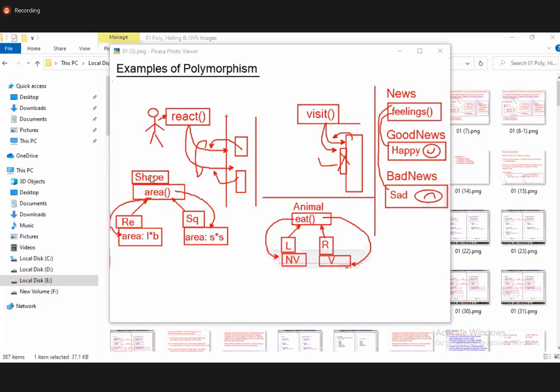Shape, method area, have different implementations. Providing different implementations to this method is nothing but what? Polymorphism. Shape contains method area, rectangle shape, one implementation there, square shape, another implementation there. So defining a method in the superclass and providing different implementations according to subclass requirements, this is nothing but what we call